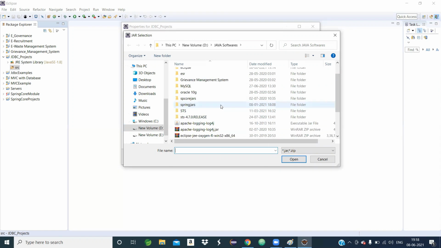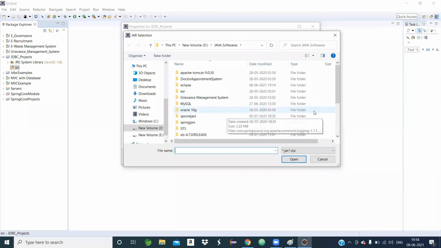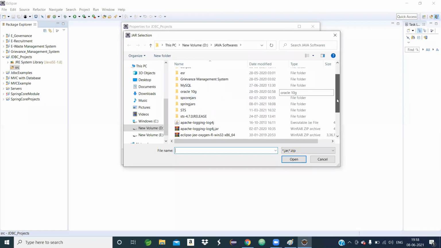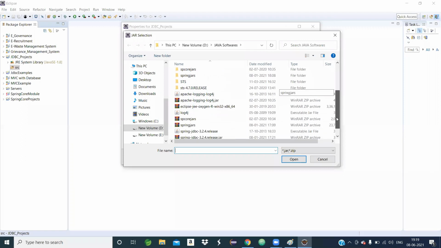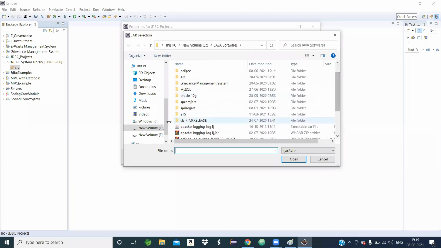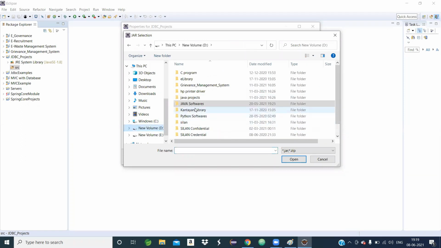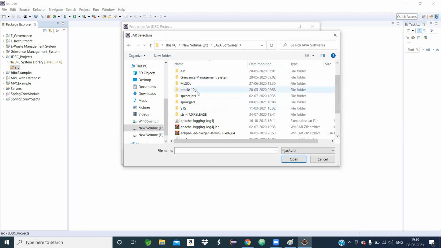Inside D drive, I have a folder. Suppose in D drive I have a folder, Java softwares. Inside Java softwares, my Oracle 10G software is here.